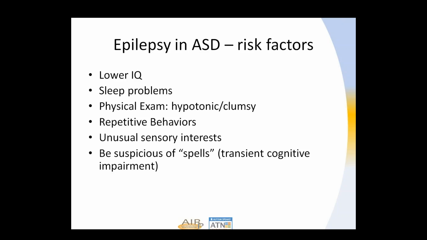And one of the concerns that many neurologists who deal with a lot of children with autism have is being more suspicious of spells, as parents describe them. Parents will say, you know, there are times when my child just seems to stare and not do anything, or just sort of freeze and doesn't move for several seconds and then starts moving again, and there seems to be some transient cognitive impairment. And that can be suspicious of what are called petit mal epilepsy seizures, and so further study of that would be recommended.